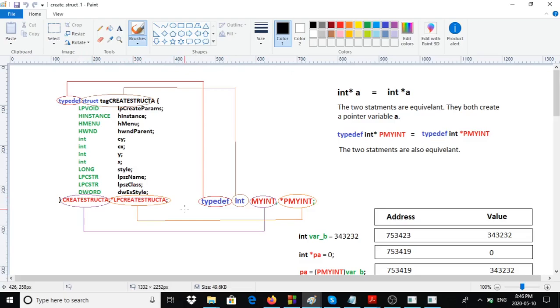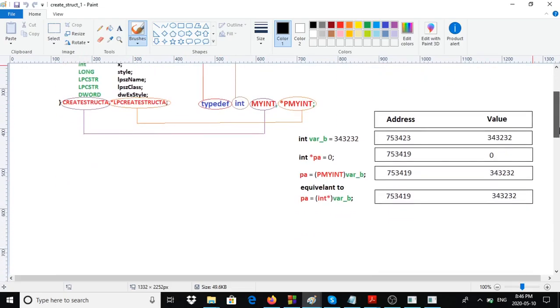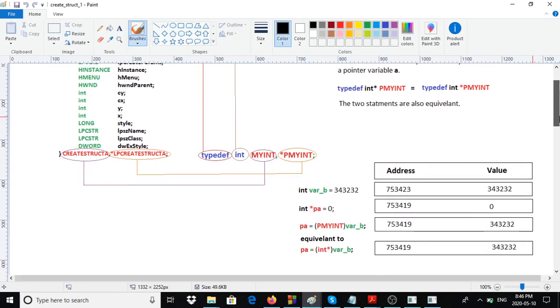Okay. So let's look here at what I have. If an integer variable b is equal to 343232, let's say at address 2, 3, we put in this integer value. Here we're declaring an integer pointer with 0. That's address 753419. We're putting 0 in there. So if we put pa equal to a pointer to an integer variable b, what will happen at address